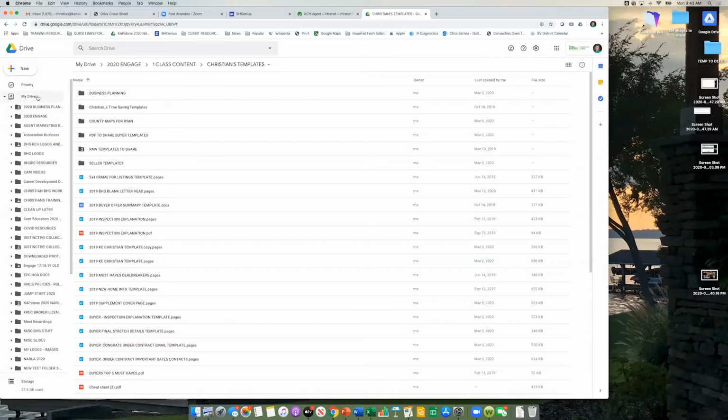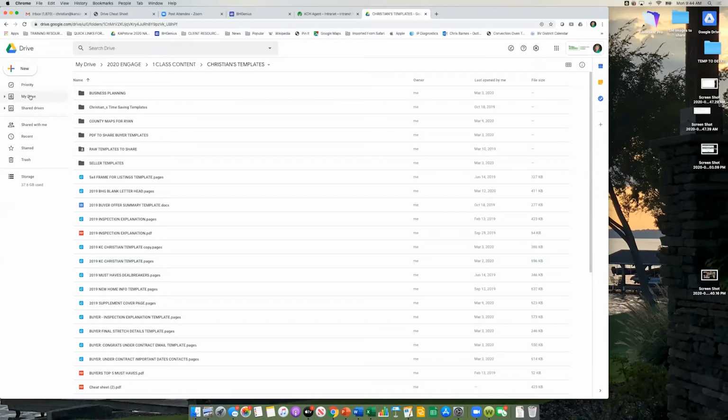So again, as you put things in Drive, I highly recommend creating folders for things. Don't just dump a bunch of documents in here. Otherwise, you're going to have an unorganized mess and not be able to find things. You want to try to keep this pretty organized. So I recommend, if you've not used Drive before, go in and set up some folders first. That way, as you're uploading your files and uploading important documents, pictures, whatever you have, you start off organized